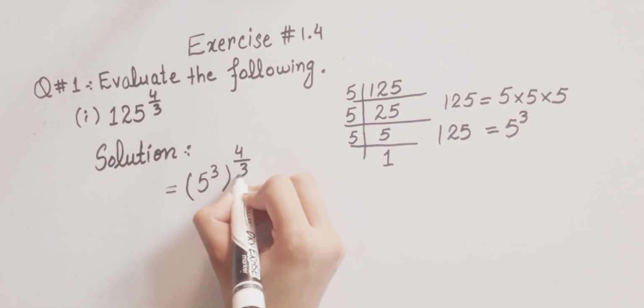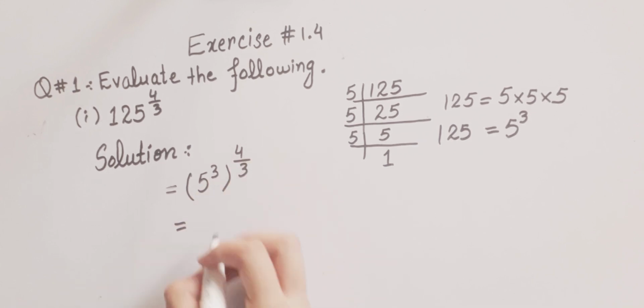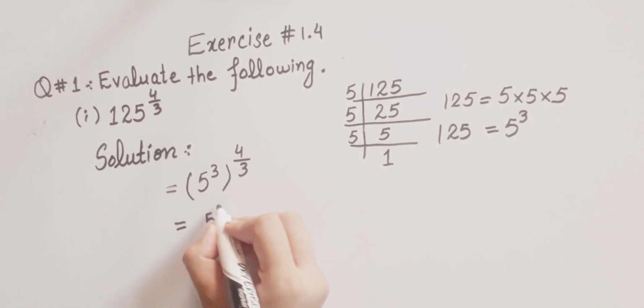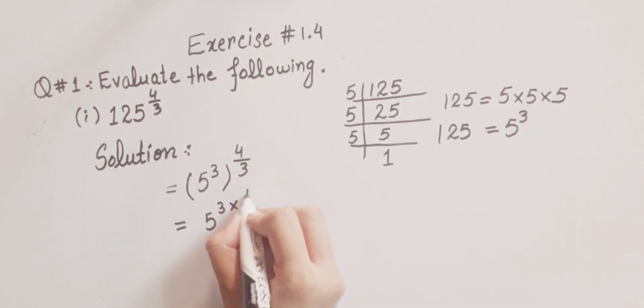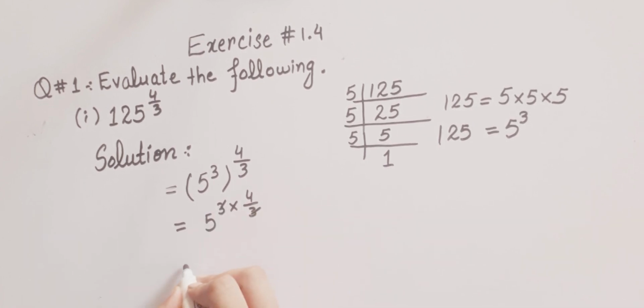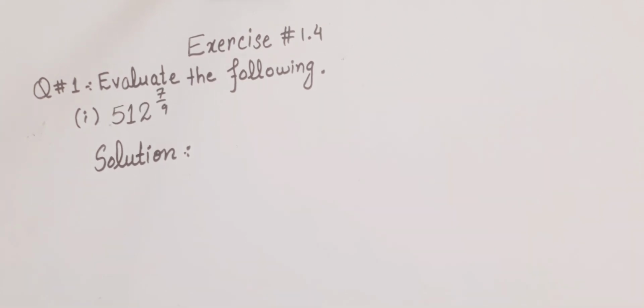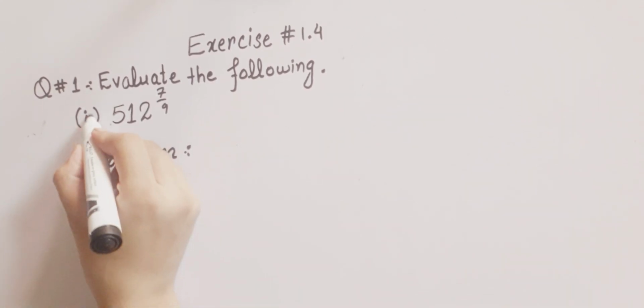5 power 3, whole power 4 by 3. Now we will multiply this 3 by 4 by 3. 5 power 3 multiply by 4 by 3. The 3 will be cancelled by this 3. We have 5 power 4. This is the answer. I hope you understand this. Now the second part is